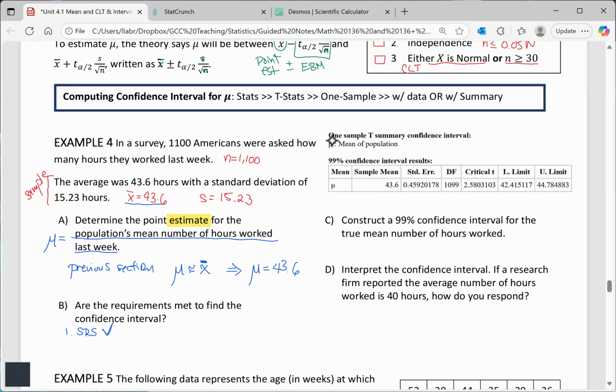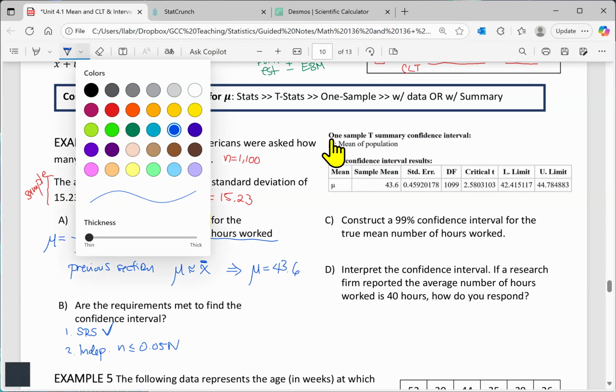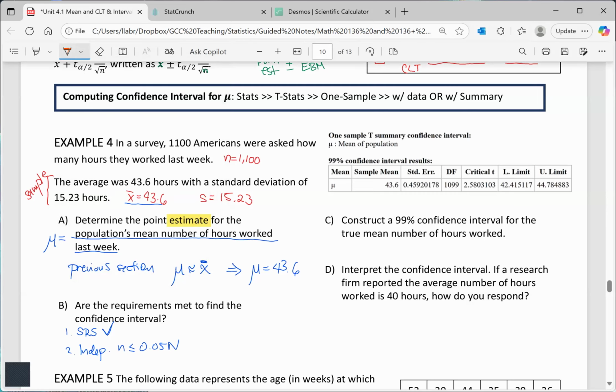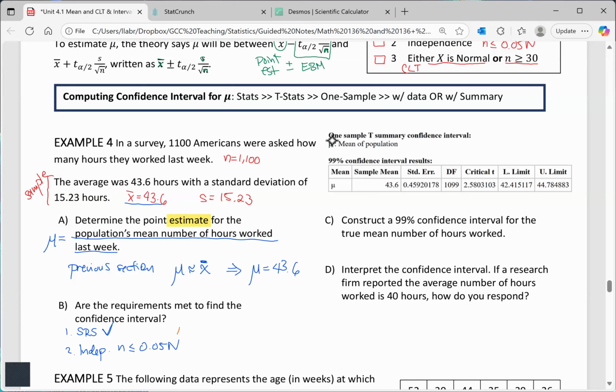Two, do we have independence? This one's a little bit tricky because remember, independence is basically you're asking, is your sample less than or equal to 0.05 of the population? And whenever you're dealing with Americans, we're going to go ahead and check this off. It's safe to assume because there are hundreds of millions of Americans. So this is safe to assume if your population size is large. So the number of Americans,